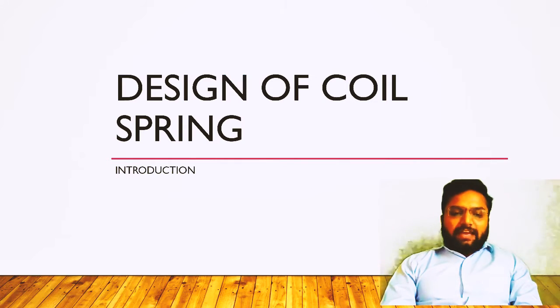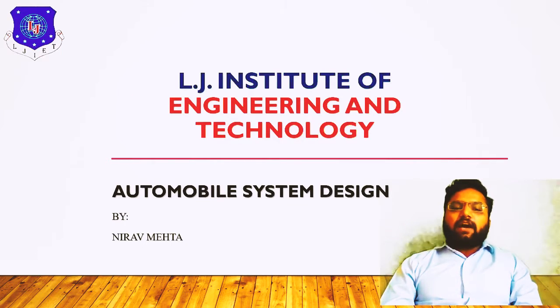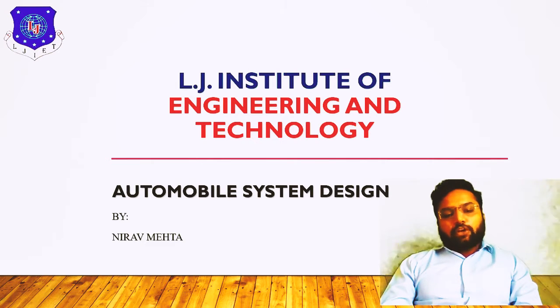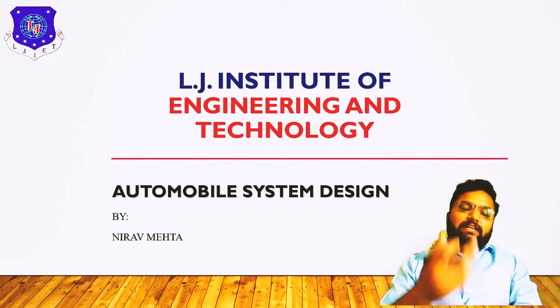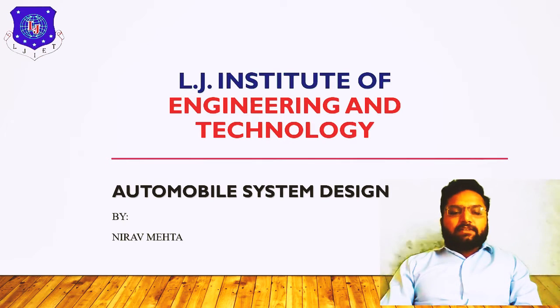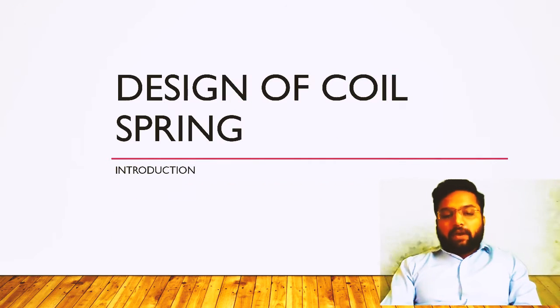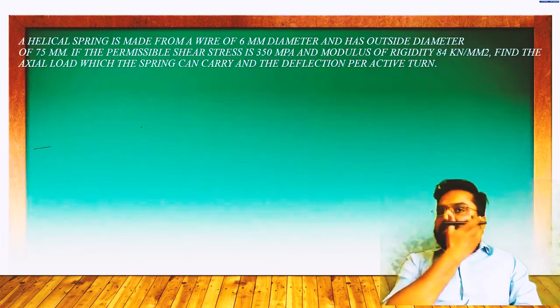Clear? So in the design of a coil spring, as we know, there are terminologies like outer diameter, inner diameter, and mean diameter, and then we are going to find the load acting upon it as well as the deflection which is required to have that suspending effect. Clear? So in this example we're going to discuss these two aspects. Clear? So let's have this example.